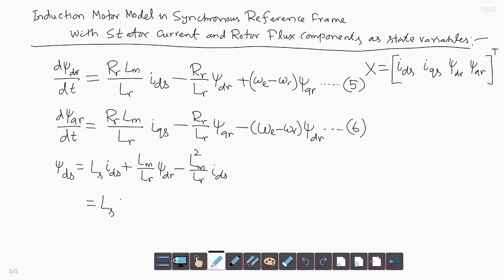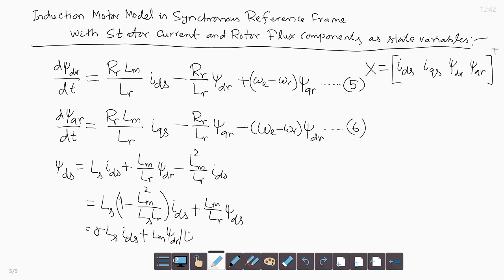So, this you can write as Ls whole into 1 minus Lm square by Ls Lr, times ids, plus Lm by Lr psi dr, and this is sigma Ls ids plus Lm psi dr by Lr,